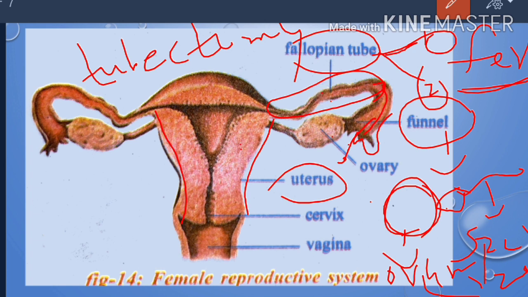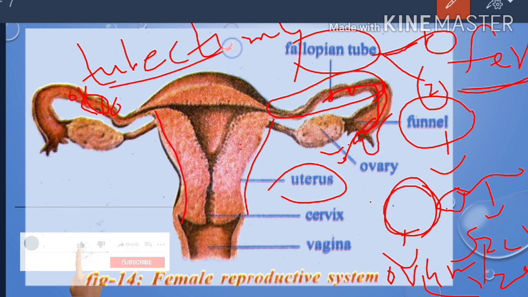Doctors remove a small portion of the fallopian tube and both ends are tied properly. Here also they will cut the two fallopian tubes and both ends will be tied properly. It will prevent the entry of the ova into the fallopian tube, and it means the female does not produce babies. Without the womb, a baby is not formed.